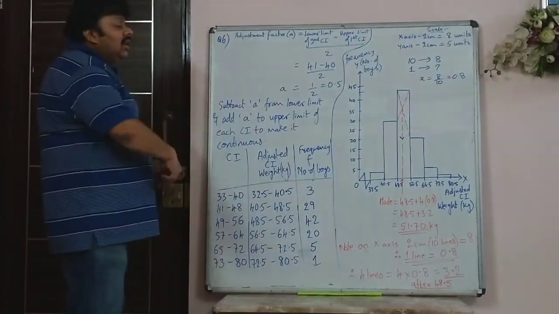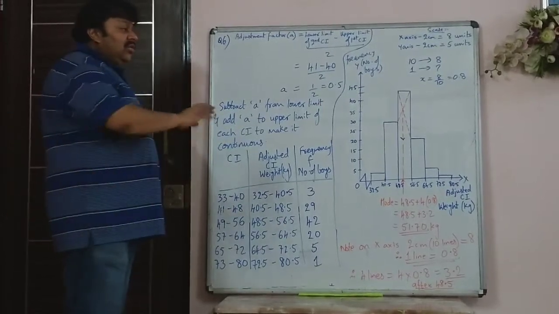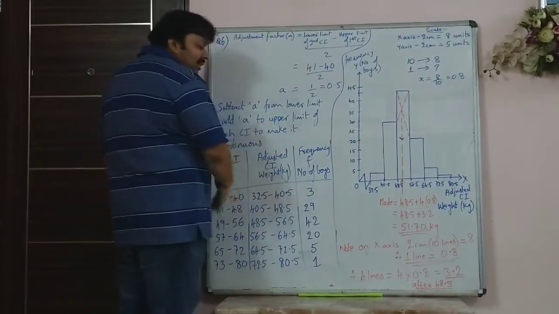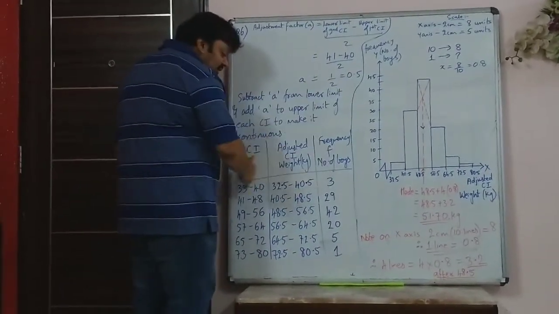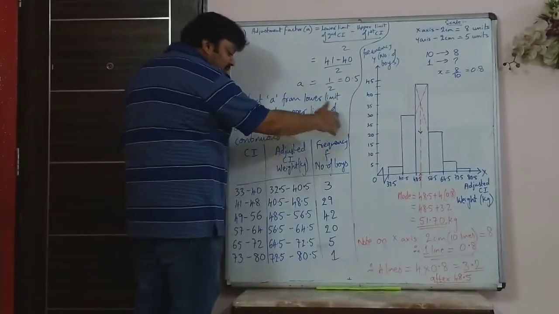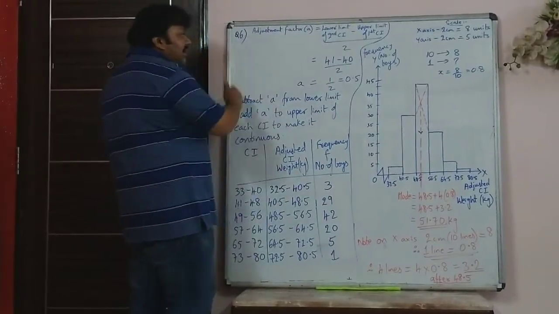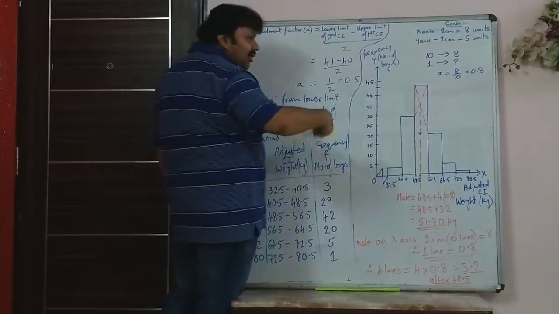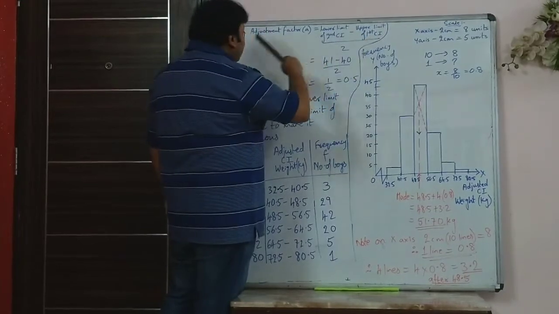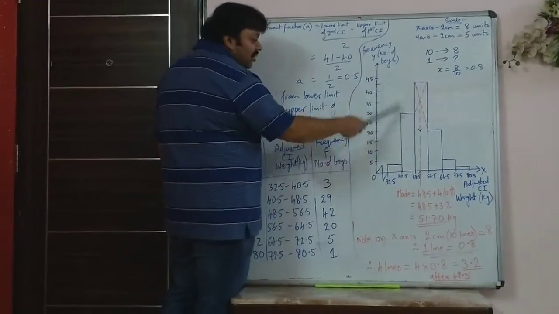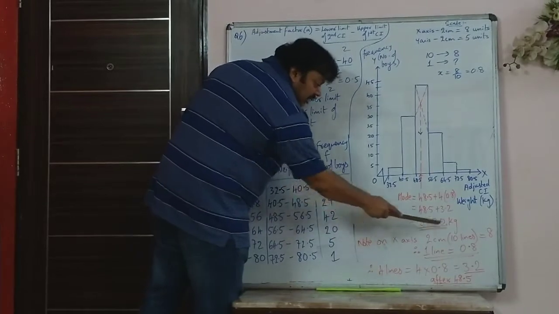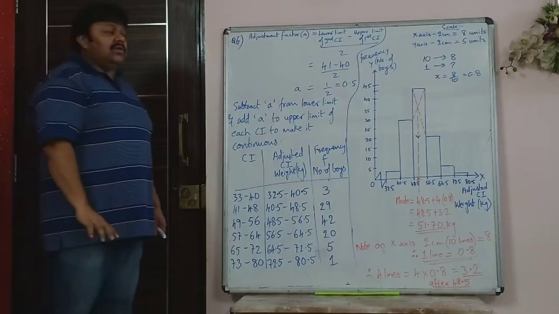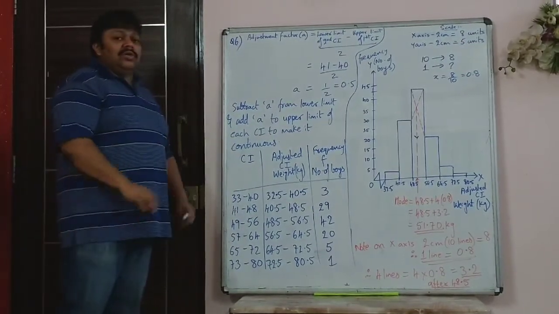Now the same thing I will show on the graph paper, so that there is no confusion. Exactly the same way you have to write this on the ruled page of the graph paper. You have to show this working of class interval, adjusted class interval and frequency. Write the correct question number and show how you got the adjustment factor. And then on the graph page besides that, with the same question number, you write and draw this graph. This you need not write. Till here you have to write on the graph paper. In the exam also it is the same thing. So now I will show this same thing on the graph paper.